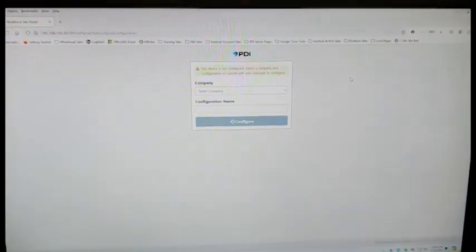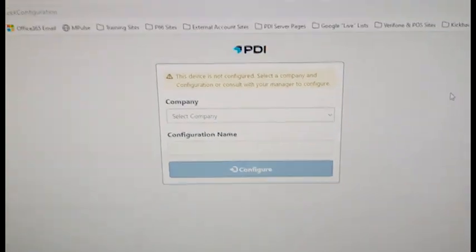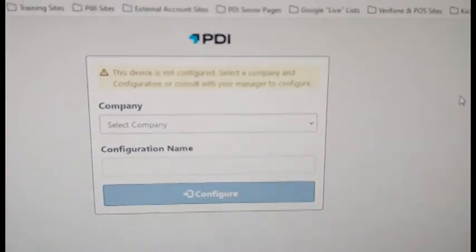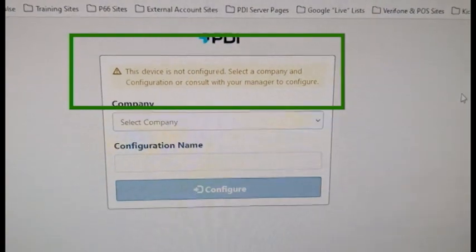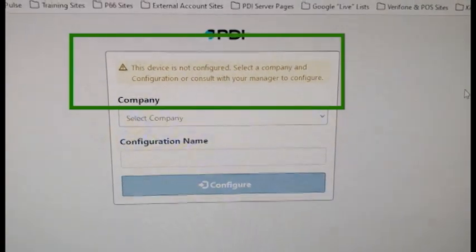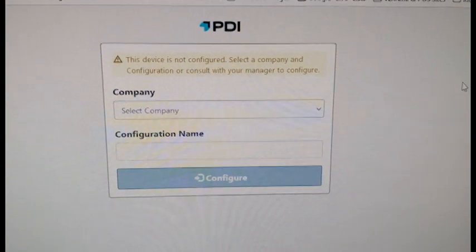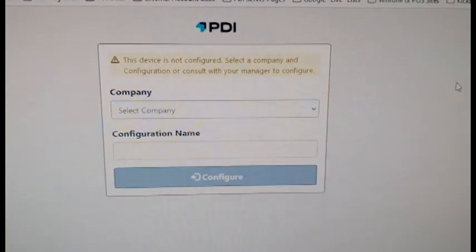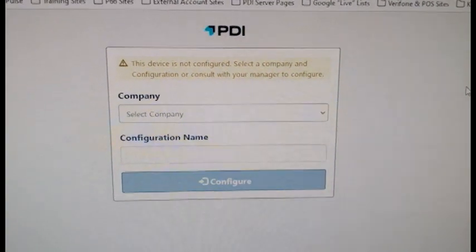Okay, so this tutorial is for the PDI Time Clock page. If you get something like this when you pull it up and it's saying the device is not configured, this happens from time to time. It will be triggered if somebody, probably ourselves, somebody in the IT group, uses CCleaner. If you use CCleaner and clean the registry as well, the device will get unconfigured and you're going to need